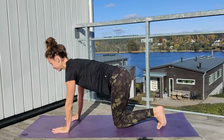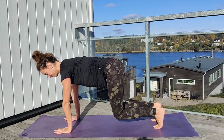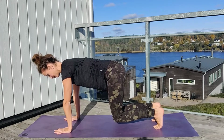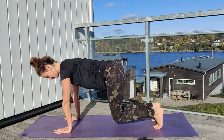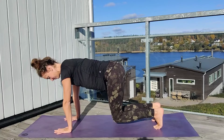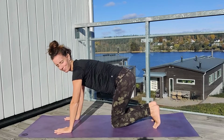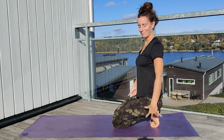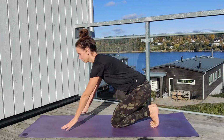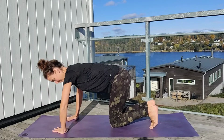Finding your position again and lifting the knees up from the mat. Engaging your core, engaging your pelvic floor slightly. Breathing, letting the shoulders come all the way away from the ears, and then coming down again. Maybe shaking the arms and shoulders a little bit. We will work on the arms now, so come to all fours and point the fingertips toward each other, lifting